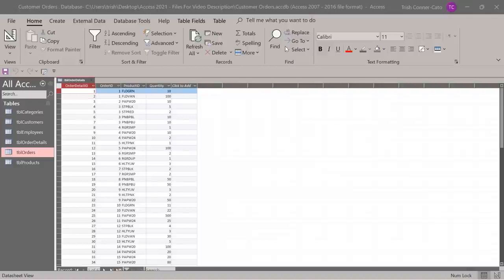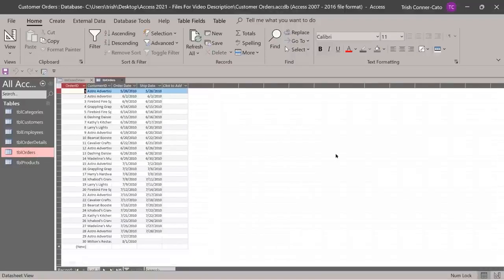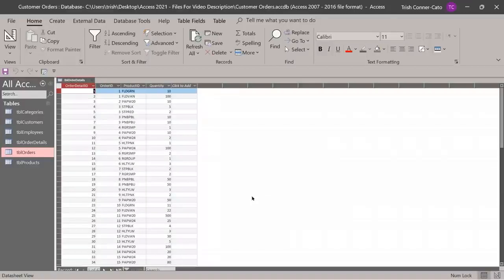Okay, so we have our order details table to review next. And I'm looking at it in datasheet view. You don't have to do this, but I'm going to reopen the orders table. So the orders table just contains a unique identifier, the order ID. It has a reference to the customer, order date, and ship date, but it doesn't contain any detail information about the actual orders. So I'm going to close the orders table, and order details is where you get the details